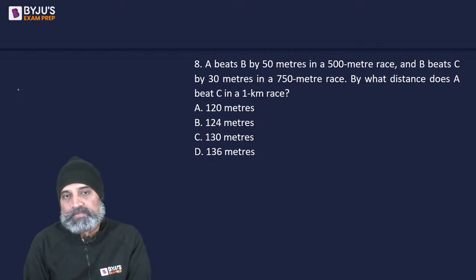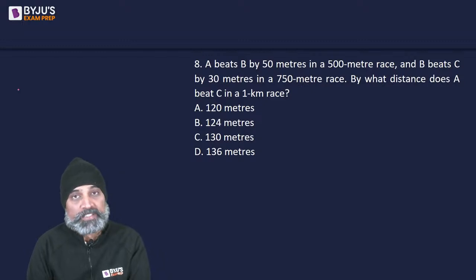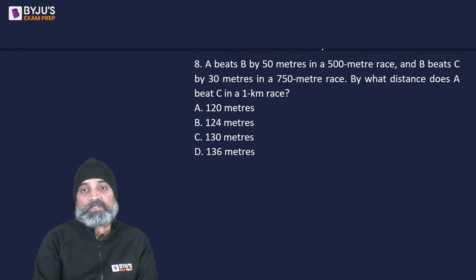Next question. A beats B by 50 meters in a 500 meter race, and B beats C by 30 meters in a 750 meter race. By what distance does A beat C in a 1 kilometer race? So, can we say this is